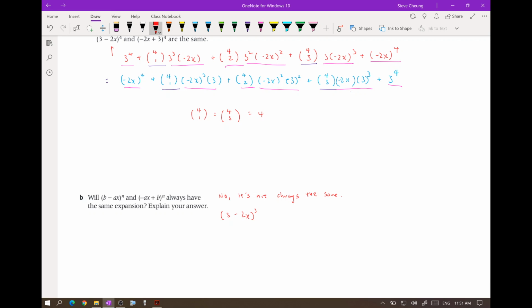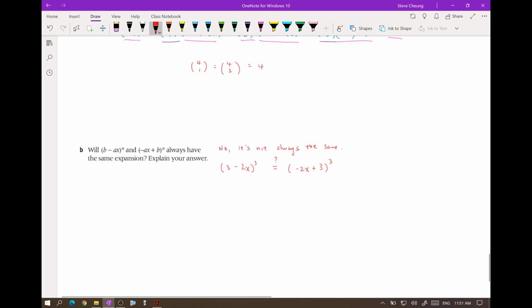So a counterexample will be using the same equations as before. We test this. We want to see if these are the same. And if you expand it this time, it won't be, because we have 3 cubed plus 3 choose 1. Okay, I'm just going to write it out. Okay, that's the left-hand side. And for the right-hand side,